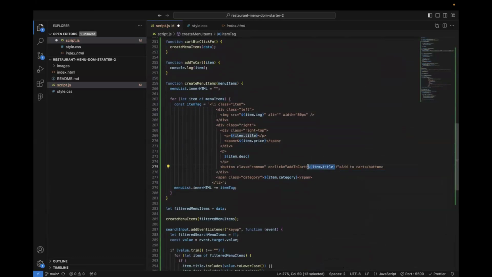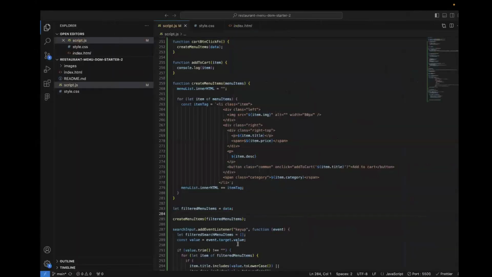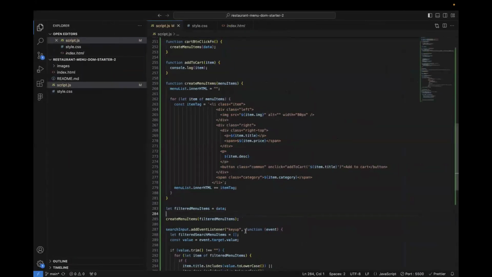One second. Okay, let's try to click. Okay, good. So now whenever we click on add to cart,